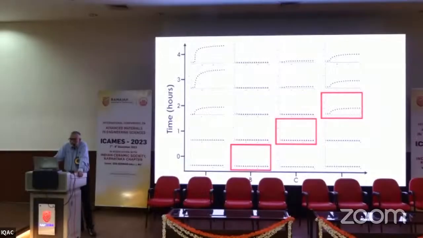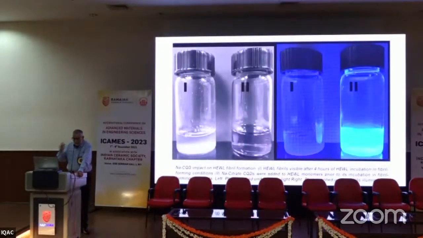Dots are present. So compare A with D, right? At 4 hours, you see a big change, a diminution in the amount of fibrils present as evidenced by the fluorescence signal. You can see fibrils with your eye. The solution is cloudy. But if carbon quantum dots was present prior to the formation of fibrils, the solution remains clear. So essentially, these carbon quantum dots have arrested the soluble to toxic transformation of NA white lysozyme.